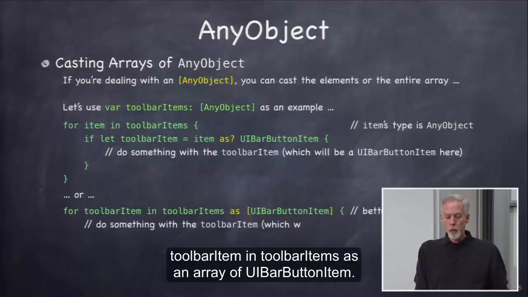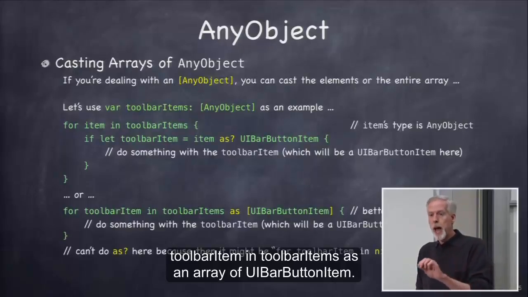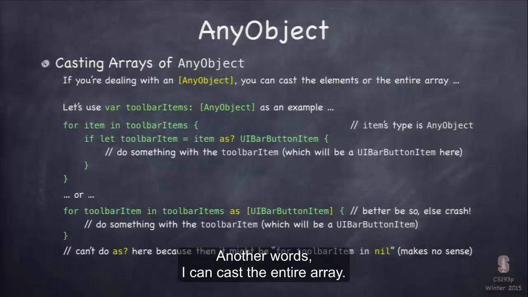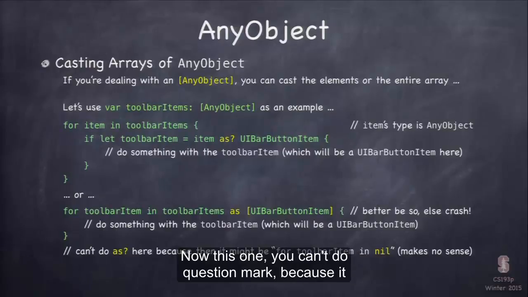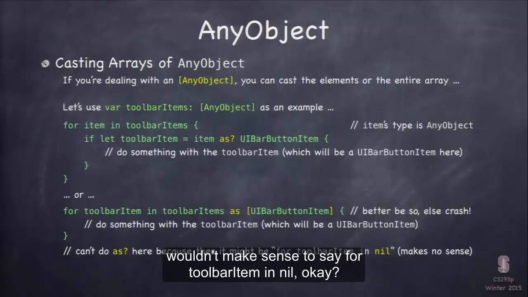Which is I can say for toolbarItem in toolbarItems as an array of UIBarButtonItem. In other words, I can cast the entire array. If I know that that array of AnyObject is really an array of UIBarButtonItem, I can just cast it. Now this one, you can't do question mark,